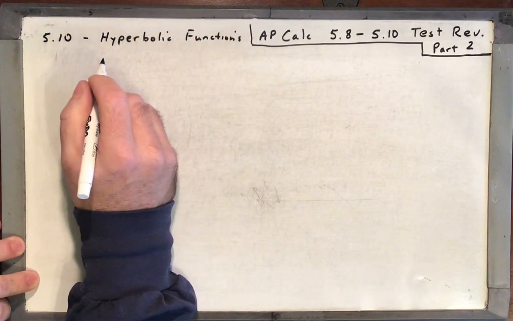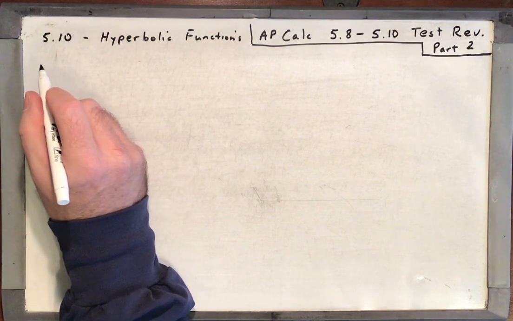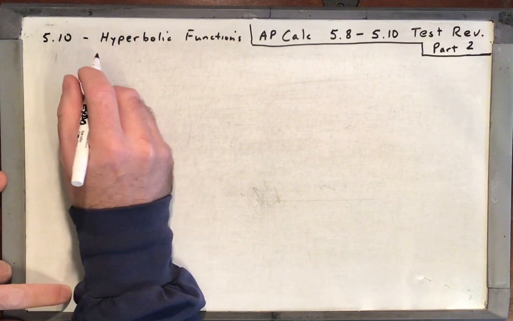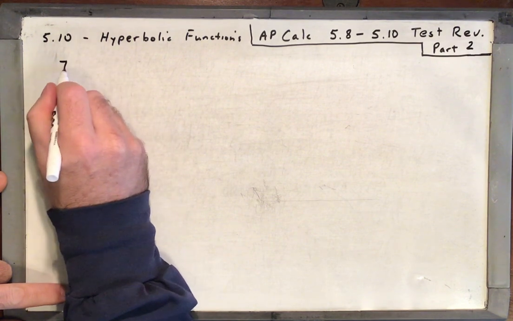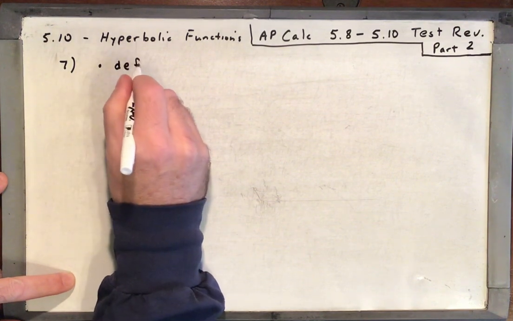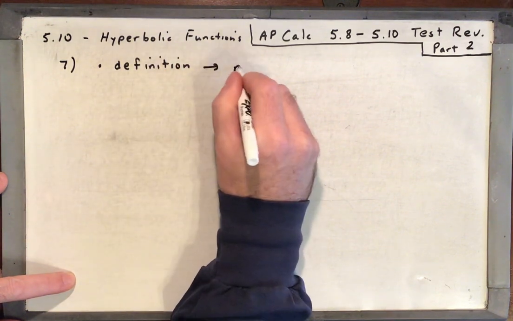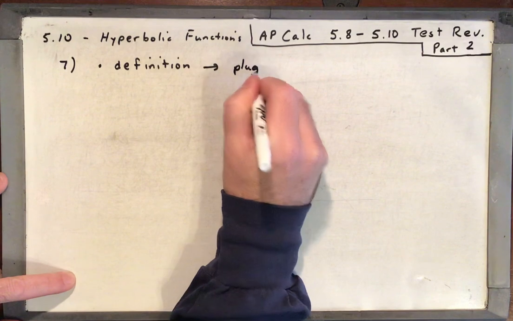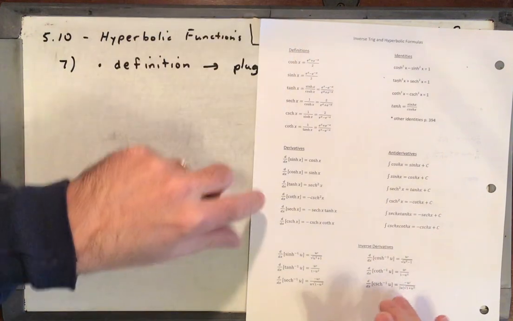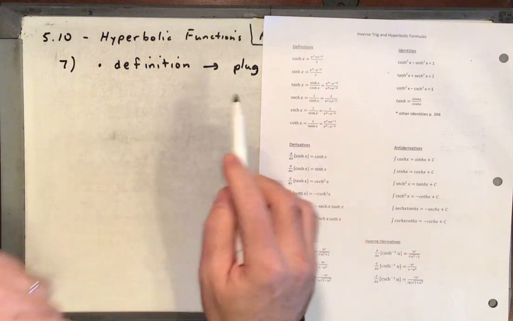So what you had was, let's see, maybe I don't have 10 topics here. I don't know. I quit numbering, but I'm not going to give you examples here, but let's call this topic 7. You had the definition, and that was just plug numbers in. And what I'm talking about there with the definition is where you plugged into the e's here. All right, so I'm not going to do an example of that, but